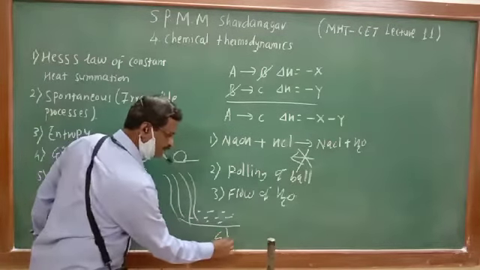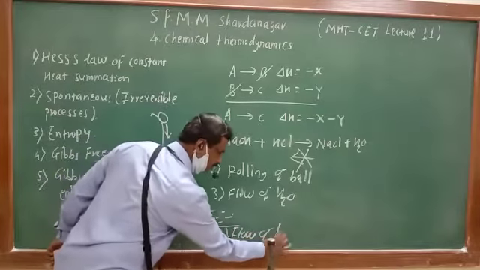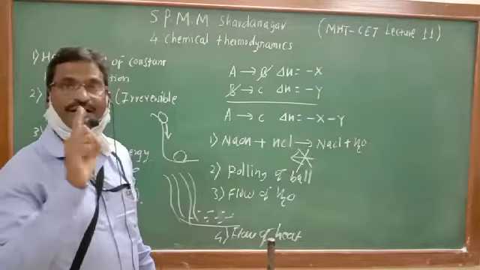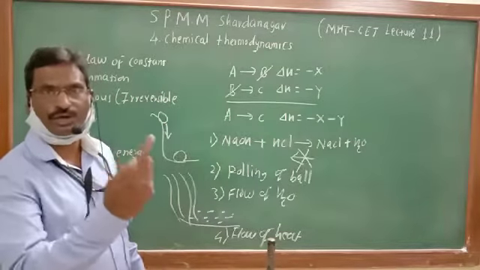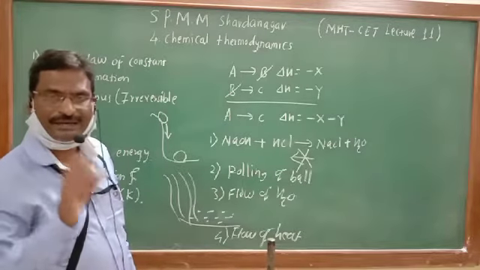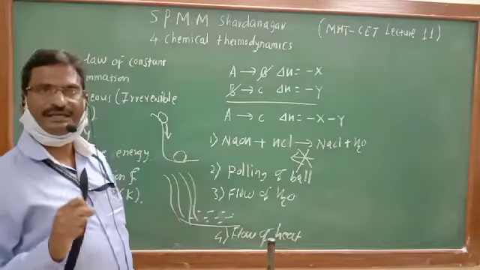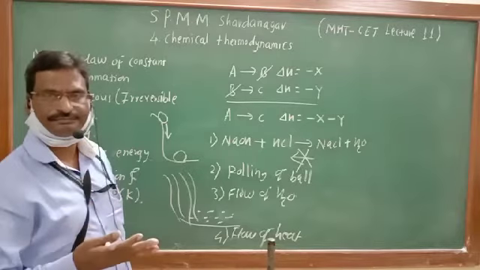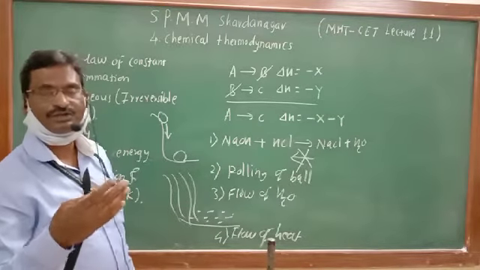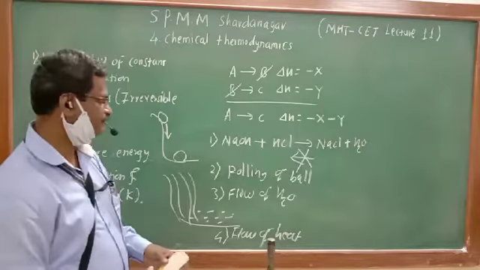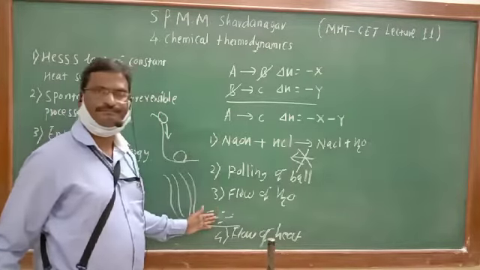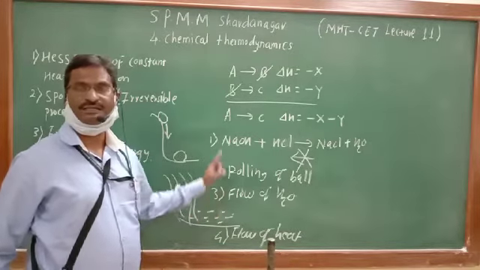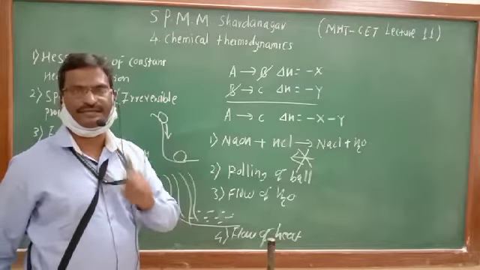If we see the example of flow of heat, we have studied that it takes place in a unidirectional manner from the hot end to the cold end. If we take the example of hot tea taken in a cup, it releases heat automatically. So loss of heat there is a spontaneous process. See, all these processes are irreversible spontaneous processes because they are naturally occurring processes.